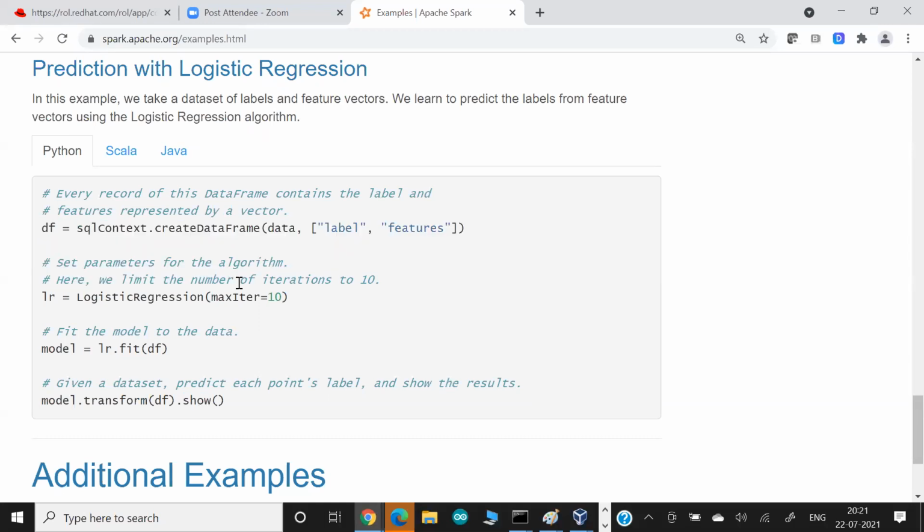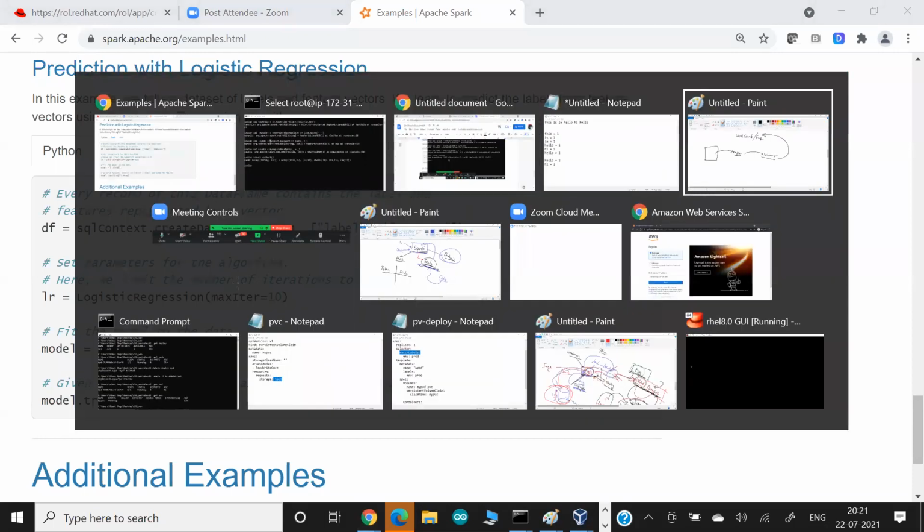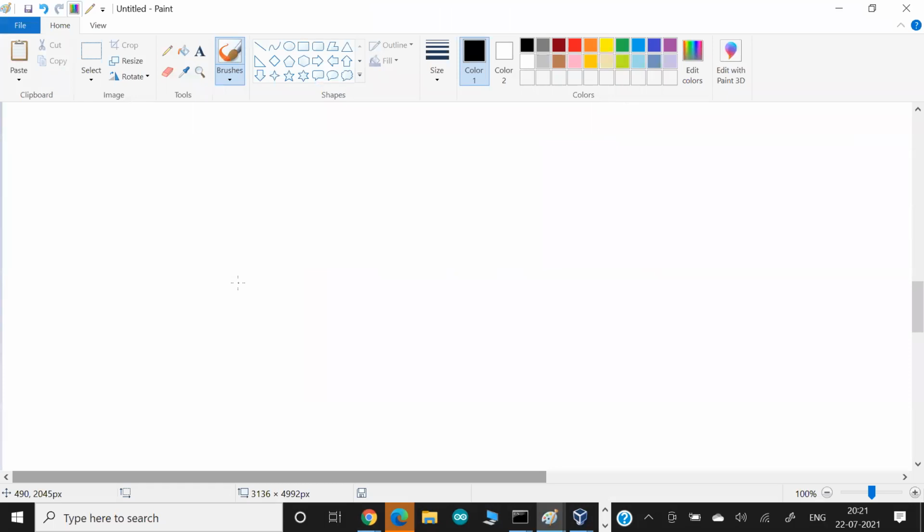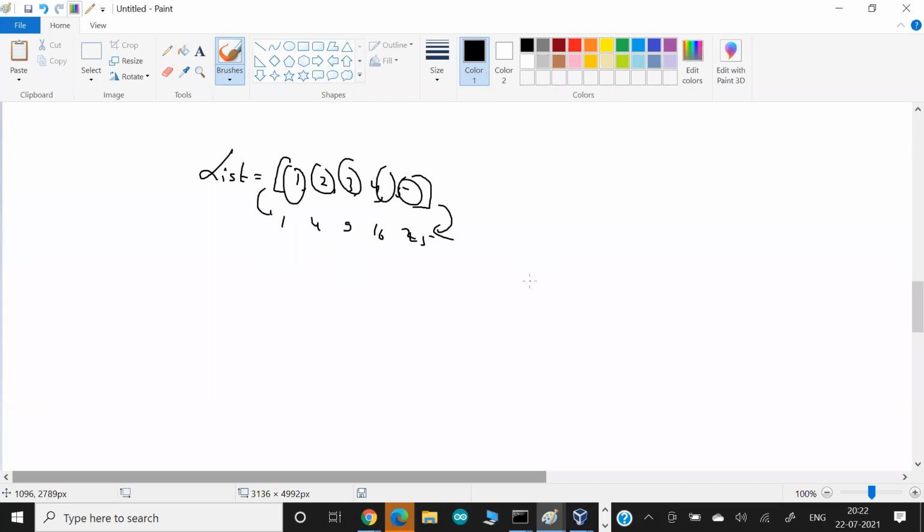Okay. One more example I want to take about Spark. It is something like this. Let's say you have a requirement, so we have a list containing data, let's say 1, 2, 3, 4, and 5. My requirement may be multiple, but let's say I have a very simple requirement. What I want to do is the square of all the numbers. And how can you do square? You know, pretty simple. In Python or any other language, you can do this square. So 1 squared is 1, then 4, 9, 16, 25. So I want to perform this.